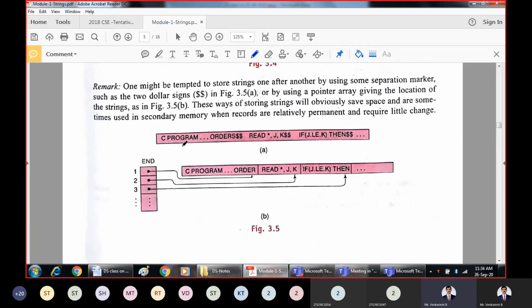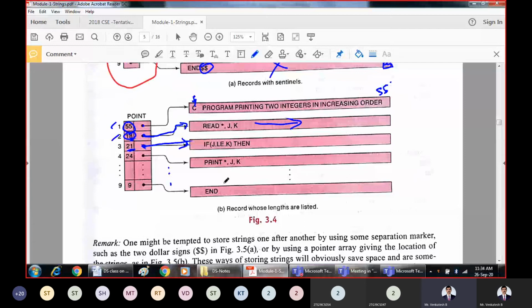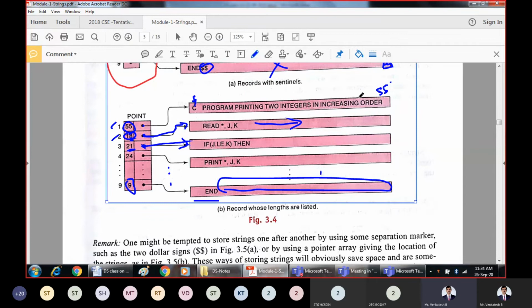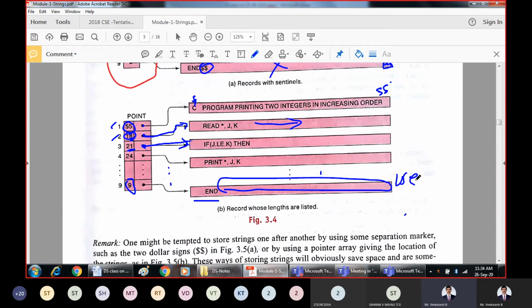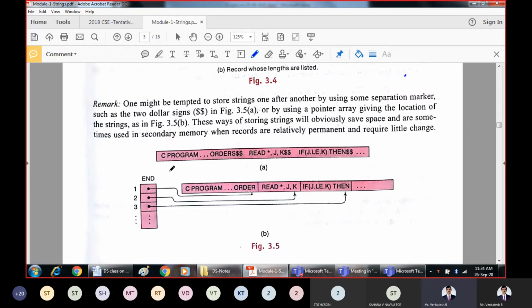Right? So another approach could be, if you don't want to waste this space, because the length of this record is 80 columns, but how many columns am I using? I am using only 9 columns here. You can see I am using only 9 columns, but the length is 80 columns. So if you want to use this space, that is possible. After the end, here only you can store the record by indicating the end. So that is possible here.